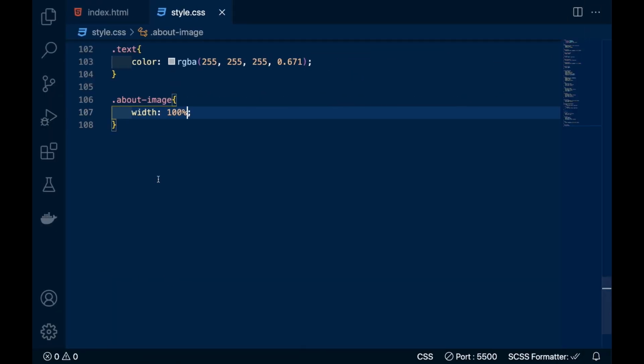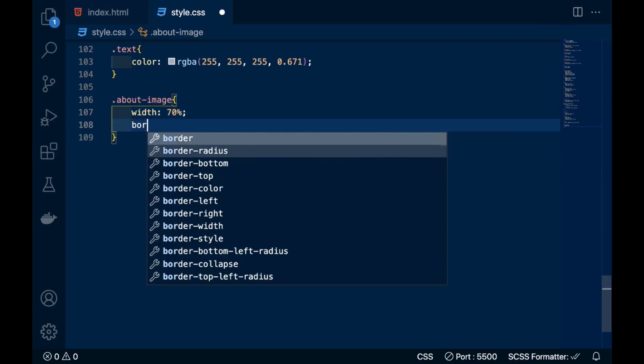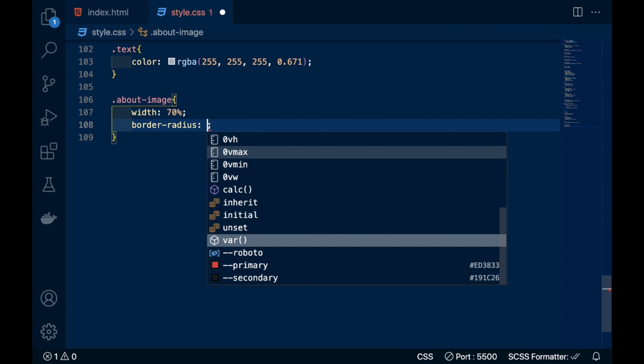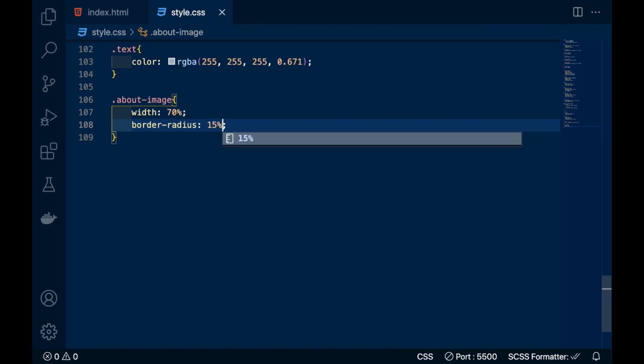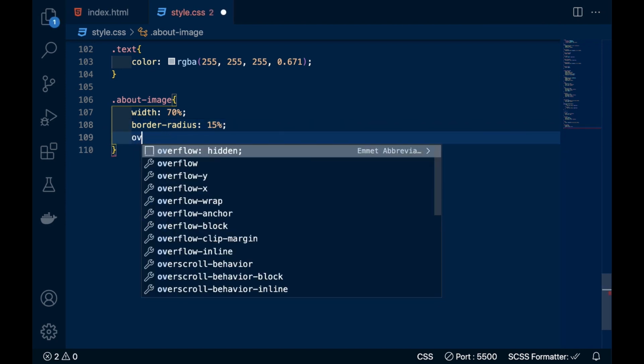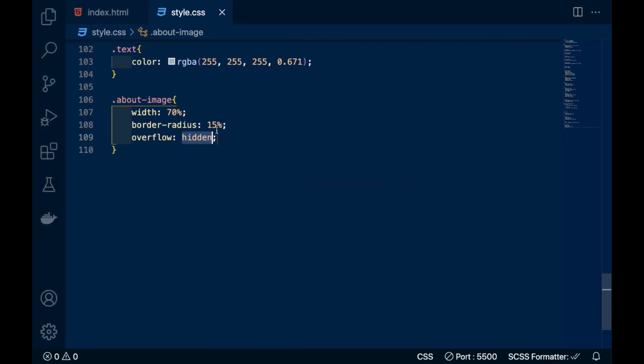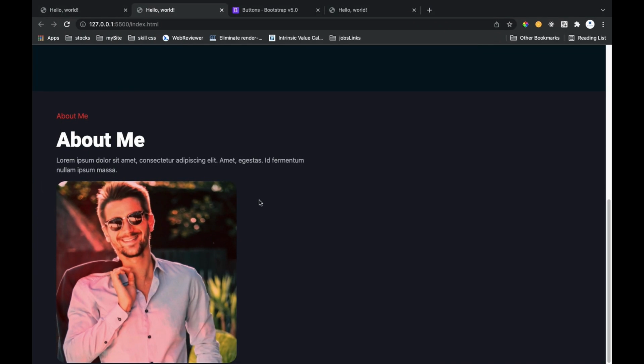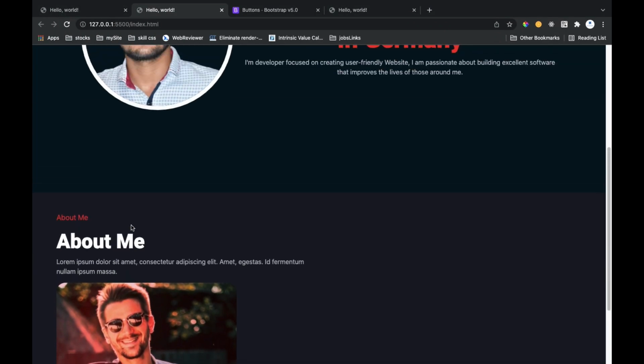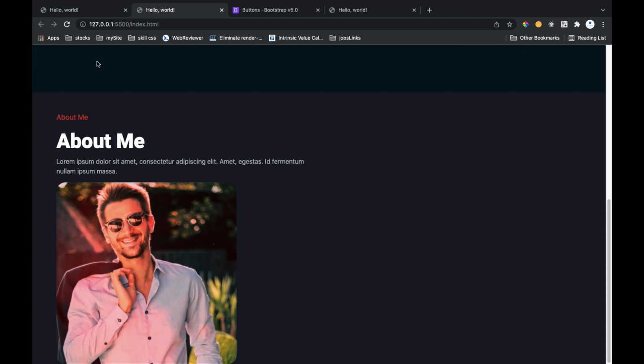Here you can see, so I will make it a little smaller, like 60%, 70%, and border radius 15%, and overflow hidden. So here you can see this part is done.